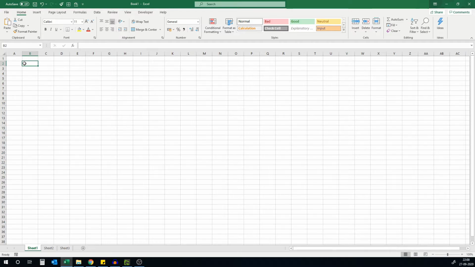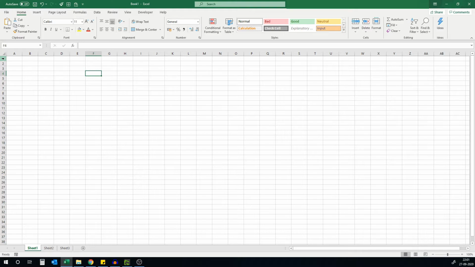Next to the name box, we have the formula bar. It displays the information entered or being entered as you type in the current or active cell. The content of a cell can also be edited in the formula bar. Below the formula bar, we have columns. Columns start from letter A and go up to letter Z. And after letter Z, it continues as AA, AB, AC, and so on.